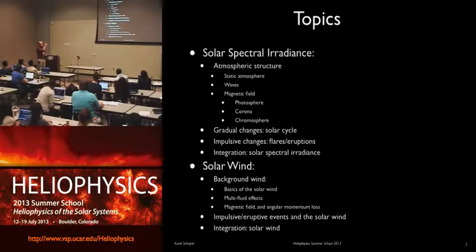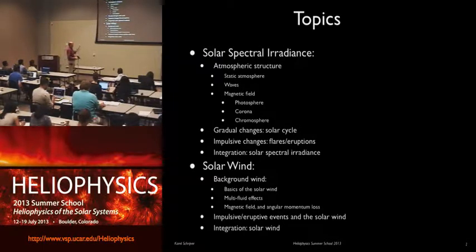The talk comes in two parts. One that really focuses on the spectral irradiance. That's the first two halves. It's a little longer than midpoint, so it'll take about 50 minutes to get through that. And the second part on the solar wind will be a little shorter, not because it's easier, but because much of the foundation of the wind, of course, has to be discussed already when I start talking about the irradiance.